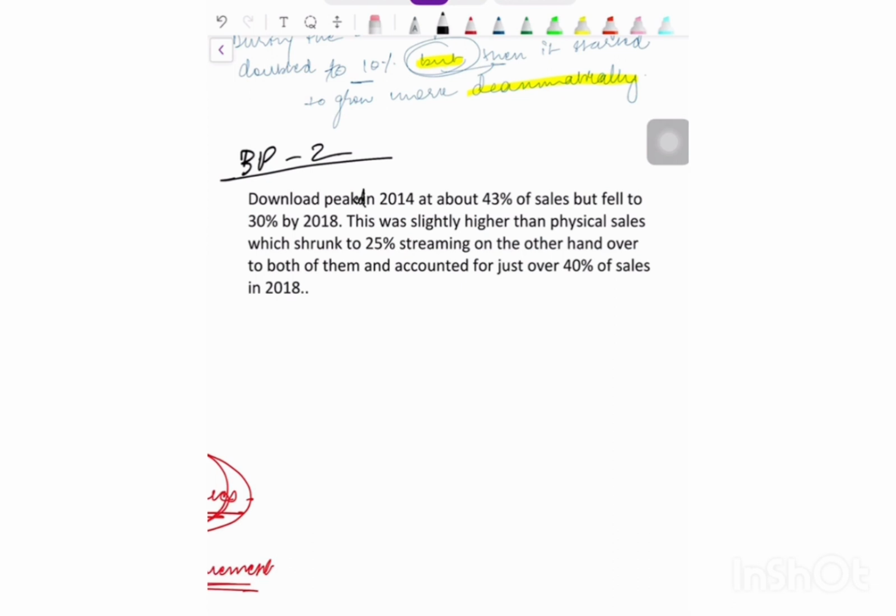फिर यहाँ पे actually में full stop था. Streaming, on the other hand, very good usage of linker, will fetch you marks and accounted for just 40% of sales in 2018. So यहाँ पे आपके 6 to 7 linkers use होने चाहिए. 6 to 7 linkers should be used, okay, and 7 band 9 words or 7 plus band 9 words should be used. So this is all about